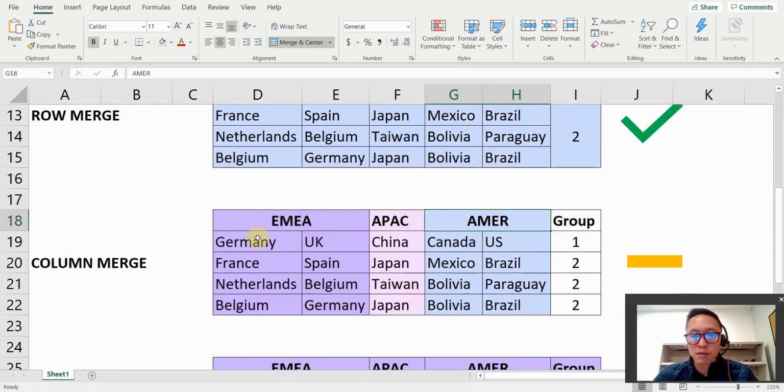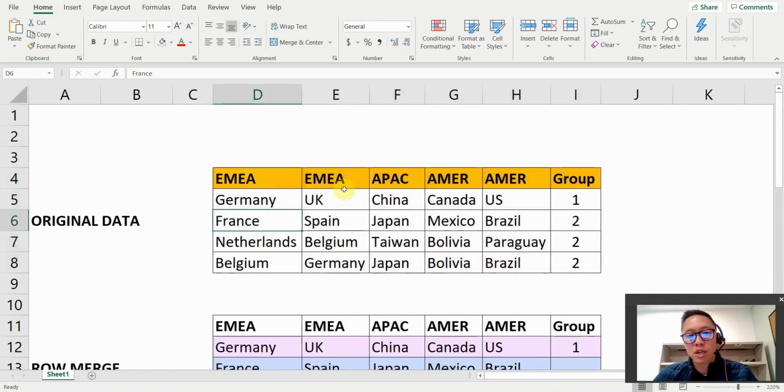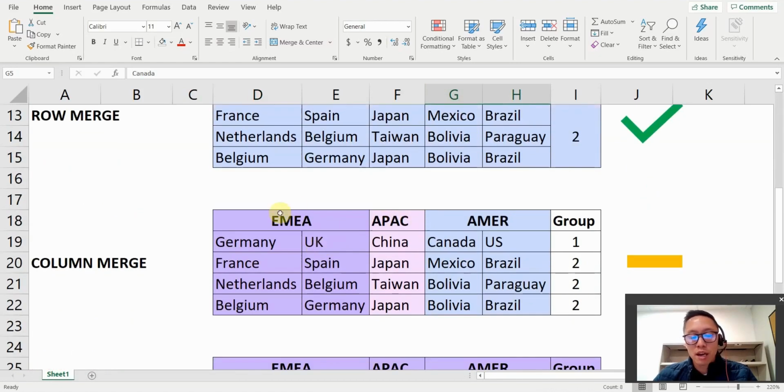All right. So in this case, when you look at our data table, although we have six fields, effectively we have only five. And so when you go and try to merge the fields that are similar, in this case, D and E fall under the region of EMEA, and columns G and H fall under AMER. You really have five, okay? And because there's five, and because there's a 2, 1, 2, that is two cells merged into one, then one cell, and then two cells,